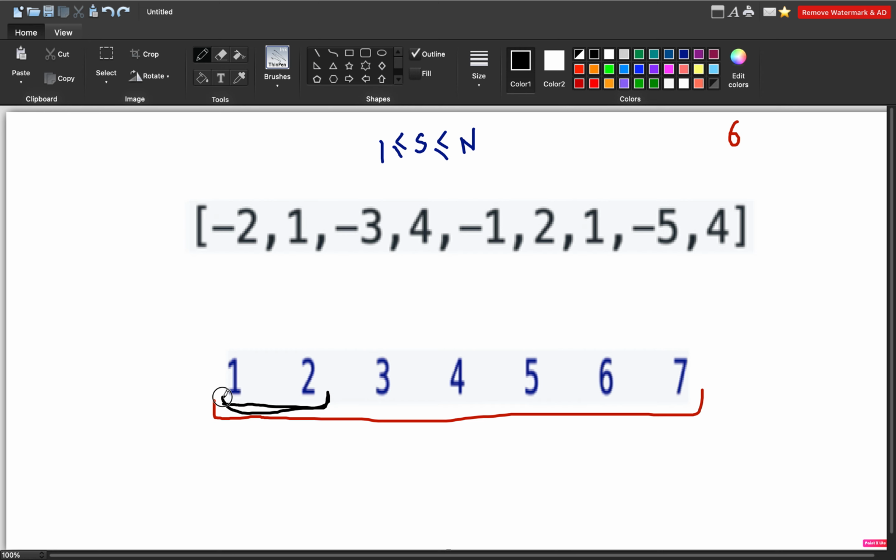Then we put another condition: if j is greater than i, basically the size of this array, then this window will be extended up till here since this will be added, and we will cut it till here, and this will be subtracted. Similarly next time it will be extended up till here and then here, and then this will be subtracted from the sum. So this is what we will be doing.